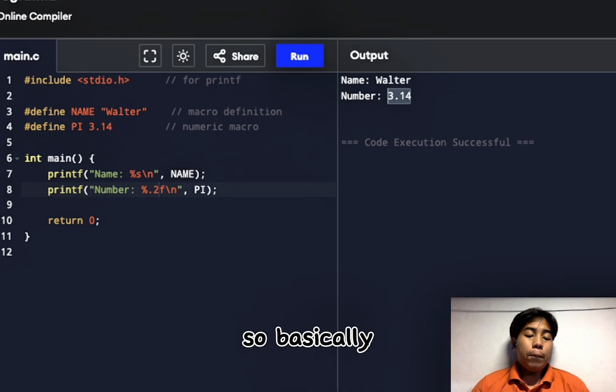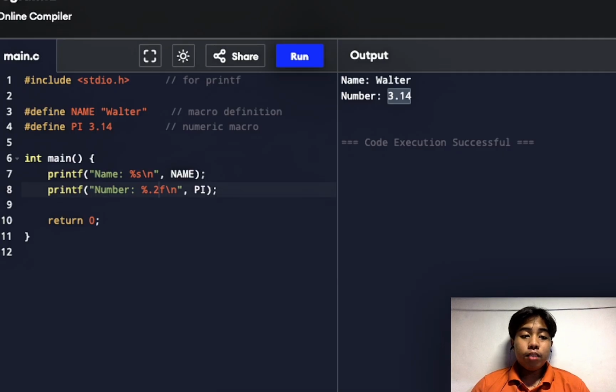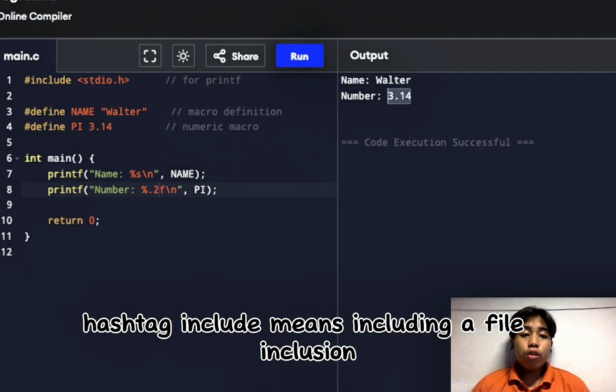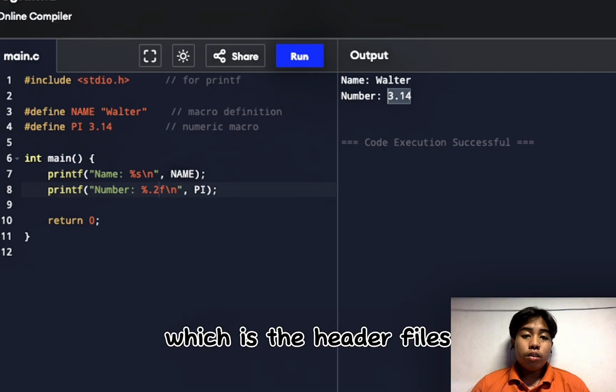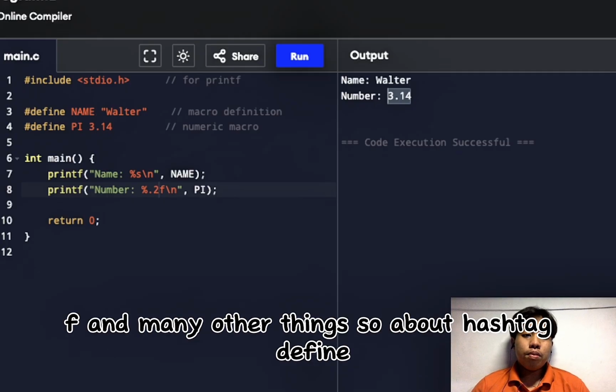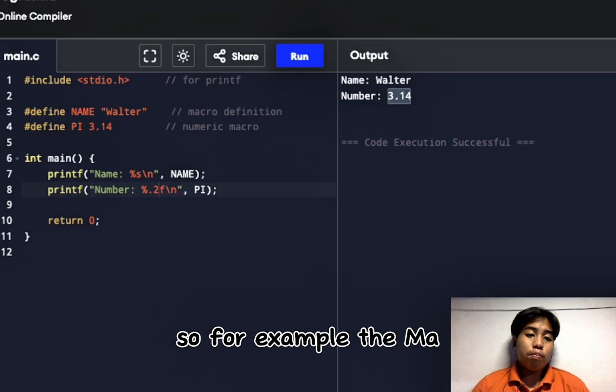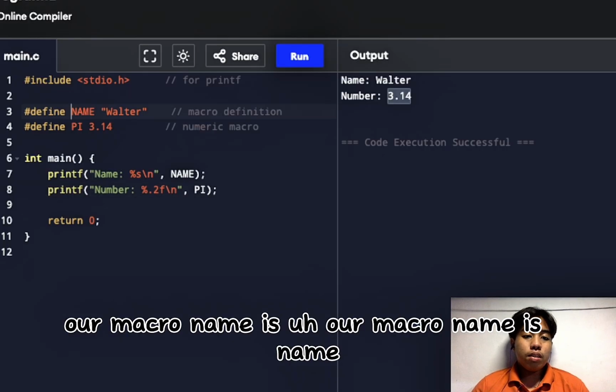So basically, when we conclude this demonstration, #include means file inclusion, which is the header files we use for functions like printf and many other things. About #define, we just define something with a macro name. So for example, our macro name is name.